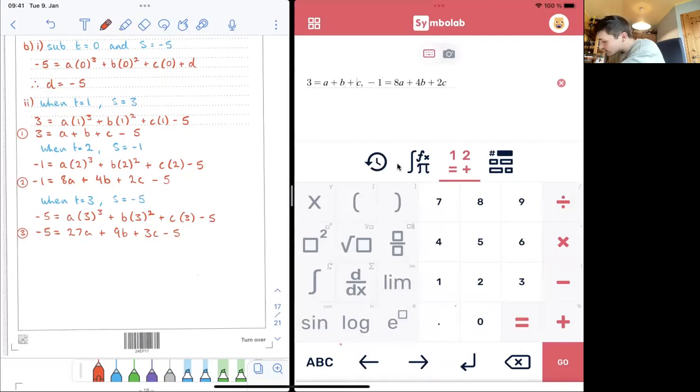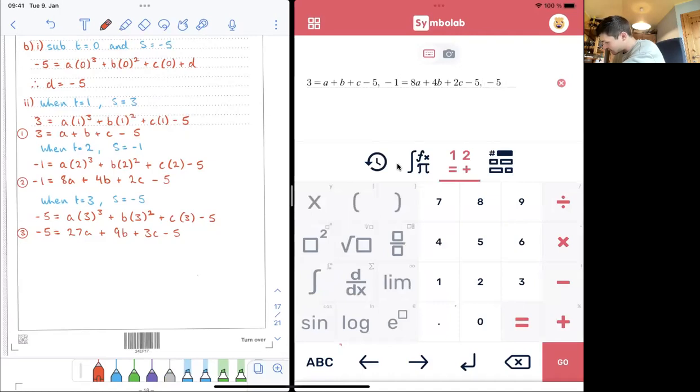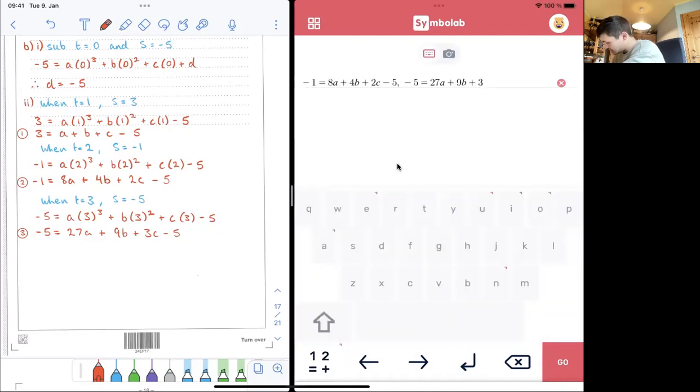I've got to put in the -5, both of these. -5, and that comma in, -5, right, and then again, space, -5 is equal to 27A plus 9B plus 3C